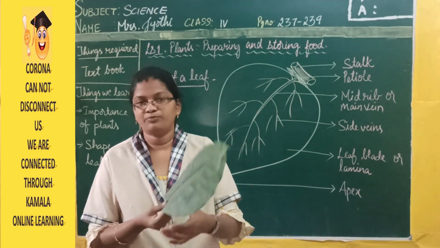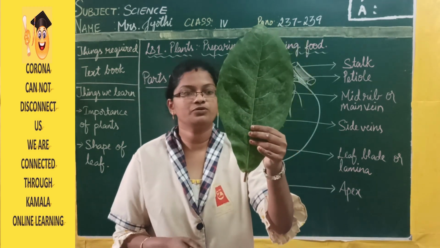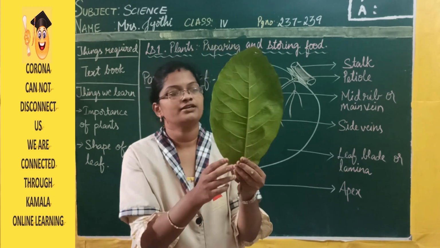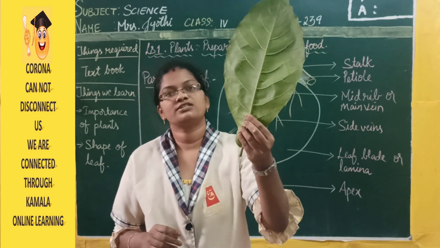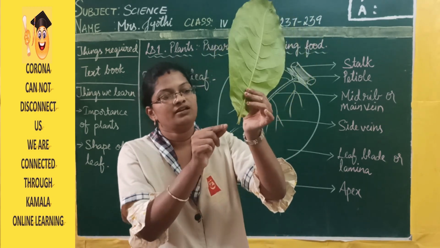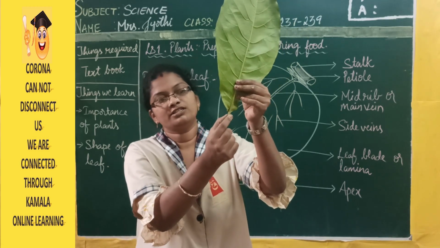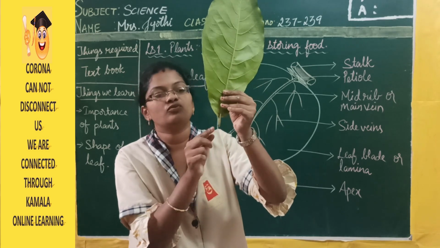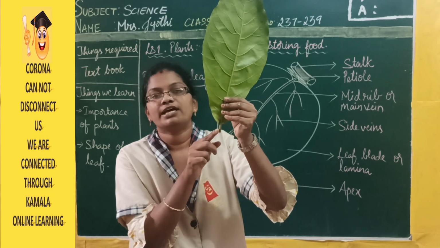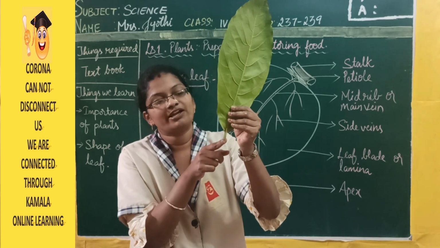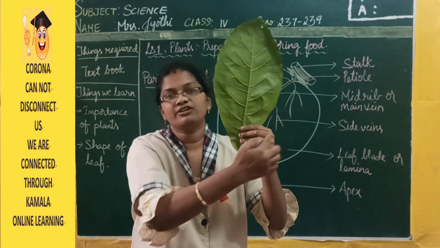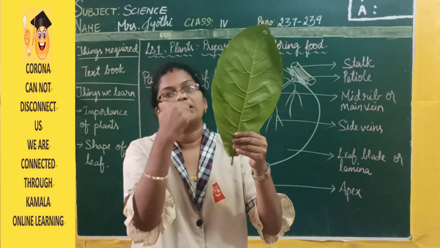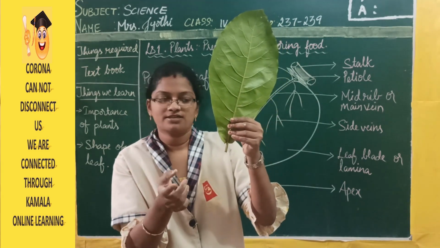Now, I brought a broad leaf for you. So this is the front side and this is the back side. On the back side, if you observe, you can see very clearly. Now, this part, the small stick, is there, no? This we call petiole. What do we call this? It is called petiole. So this is the one which is going to attach the entire leaf to the stem. Okay, petiole is going to attach the entire leaf to the stem.